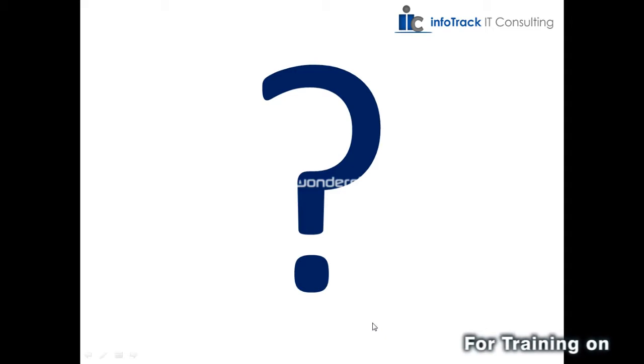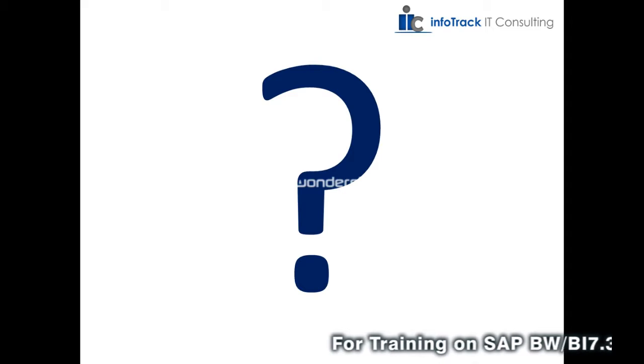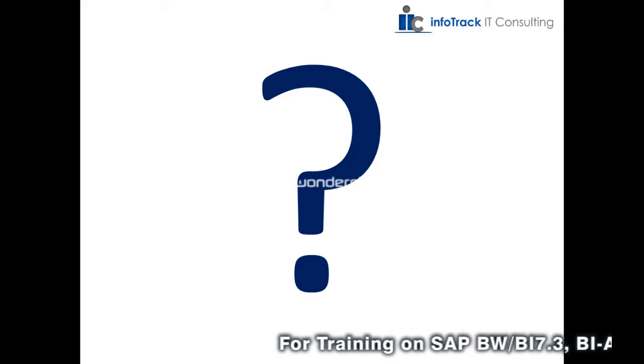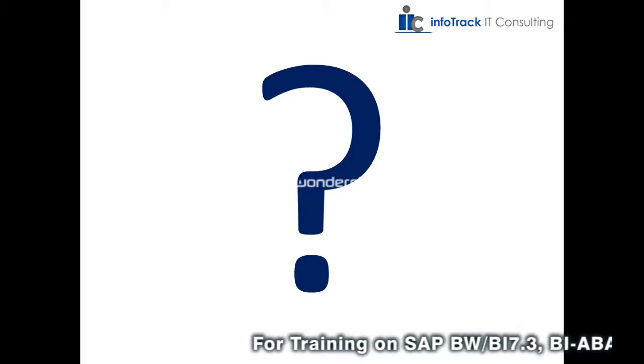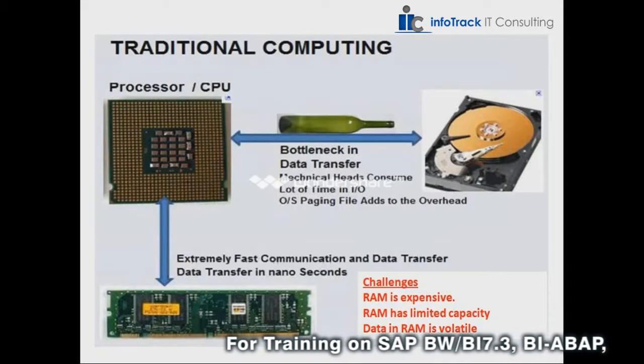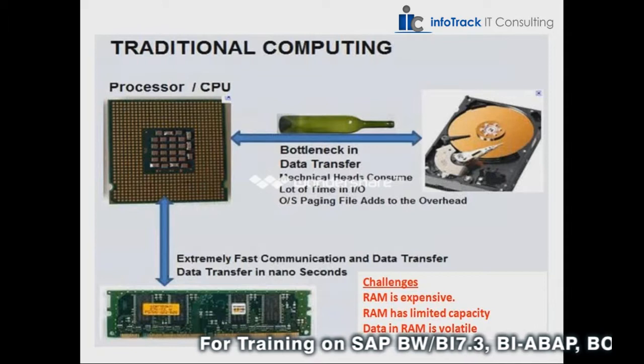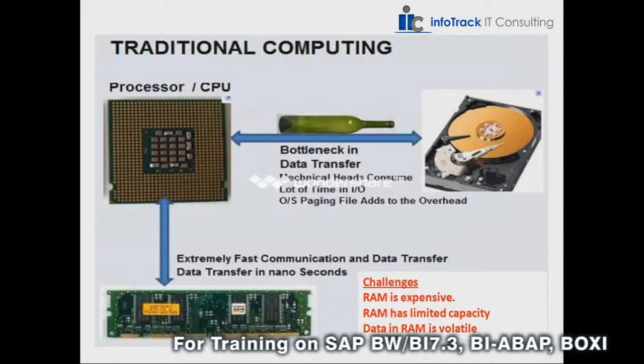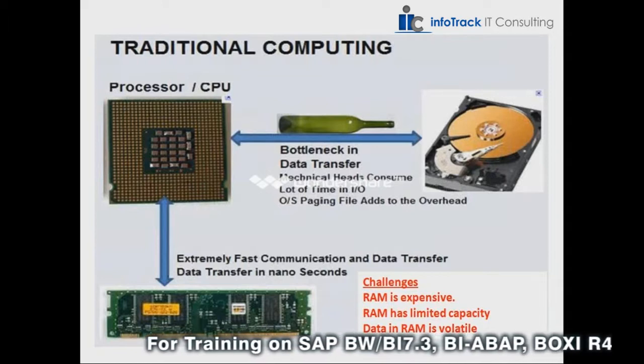I'm not saying these statements are wrong, but this enhancement proved that we can use the database for analysis as well, because this is the combination of both software and hardware. This has proved that we can do analysis directly on the database, and we can create models on top of the database directly.